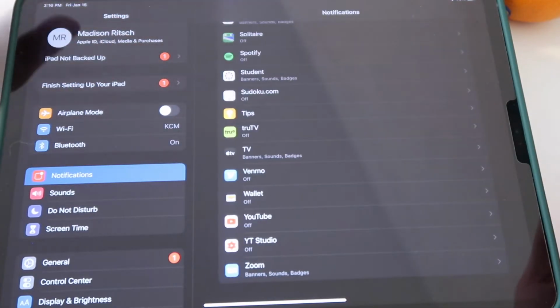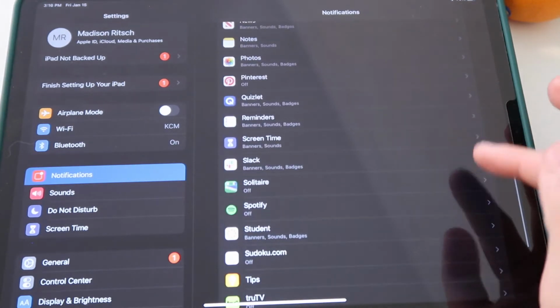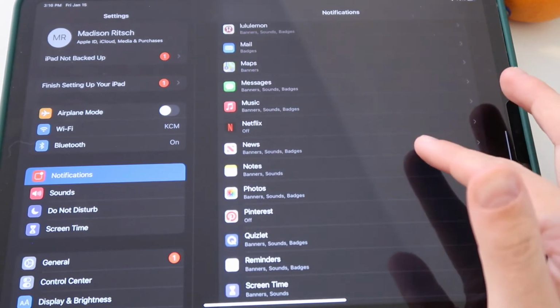A maybe not so obvious one would be to go through your notification settings on your iPad. Go through your settings, figure out the notification settings that you want to have on each app. That way you're not getting distracted, you're not getting disturbed by annoying, unnecessary notifications, and you're only getting the ones